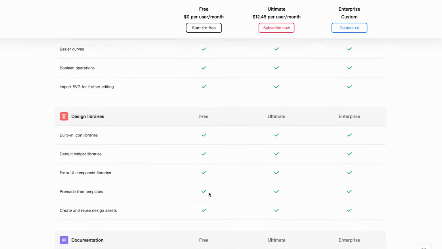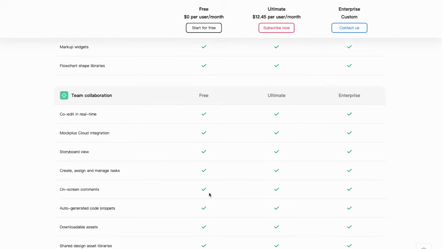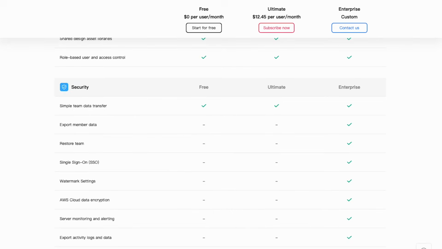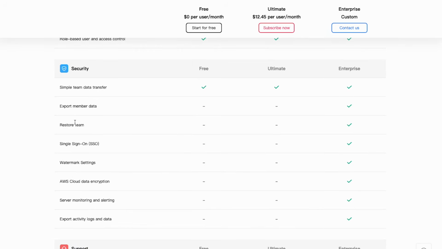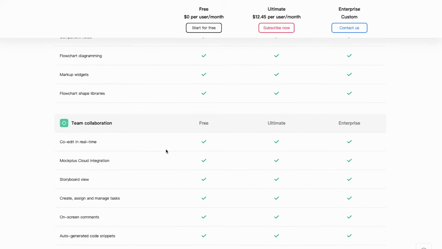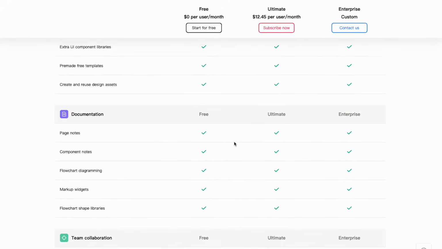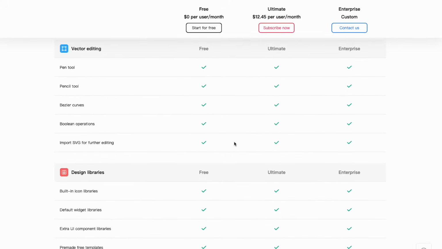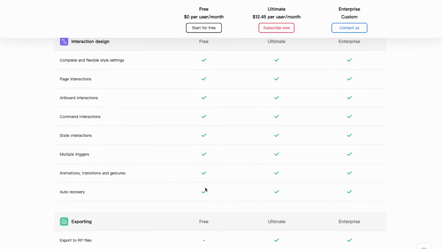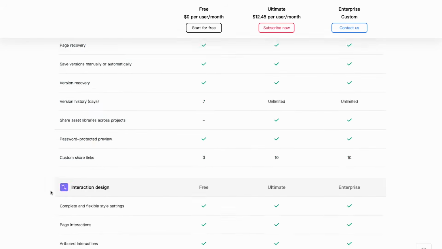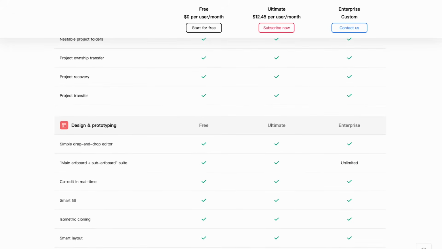You also get access to the shared assets library, UI component libraries that are built in, and you can have your revision history in there for 7 days. So if something gets messed up, you can easily revert it back. You also get that real-time collaboration feel, which is one of the main reasons I absolutely love Figma,